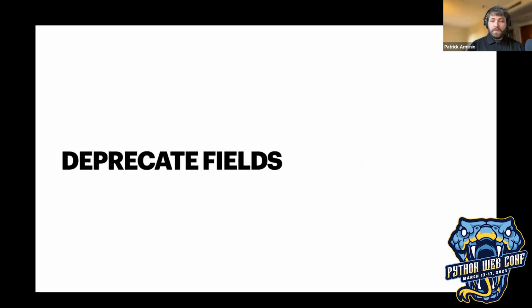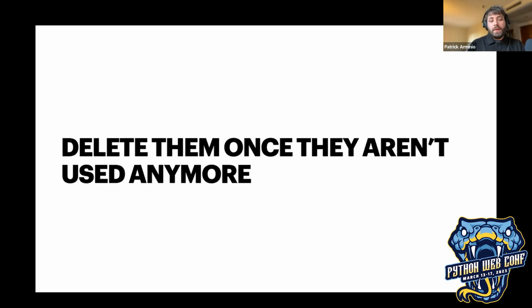On top of that, you can also mark fields as deprecated, which basically tells a client to not use a specific field. And this gives you time to reduce the usage of the field and then delete it once it's not used anymore. And the fact that you're sending a query specifying all the fields the client is using allows you to monitor all the fields that are used in your GraphQL API and then delete them once they're not used anymore. There's a few tools for this, and I think it's quite neat because who doesn't like deleting code that's not used?